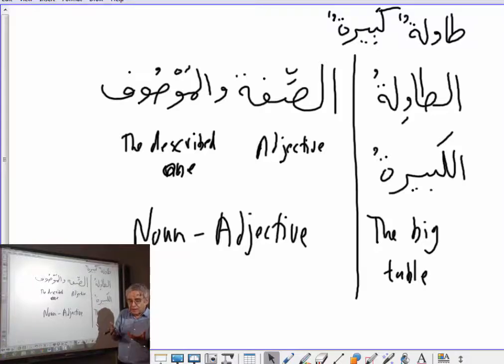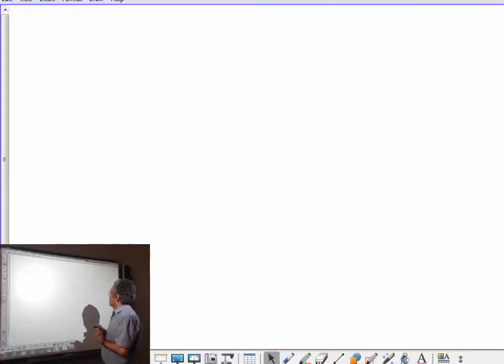So you can see the language is very flexible. We can put the case marking or not. That's it. Or we can say simply طاولة كبيرة if it is informal. So this is here the case markings. I just want to remind you also